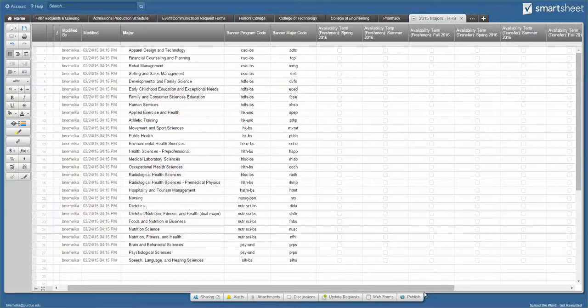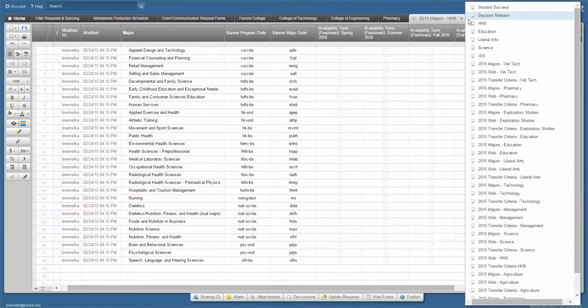Alright, so this is your basic Smartsheet layout. You'll notice that I have more tabs than you will see because of my administrative privileges. However, each of you should see 3 representing your college. For example, we will use HHS. You have 2015 majors HHS, and then you will also see 2015 web and 2015 transfer criteria, depending on which